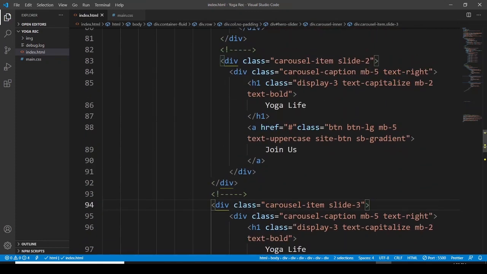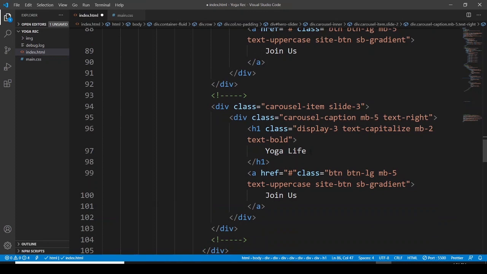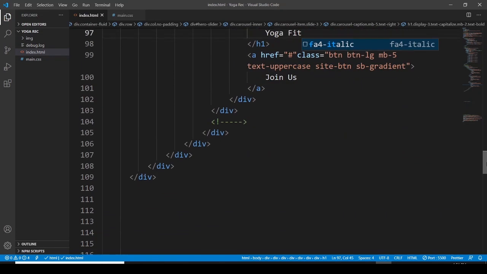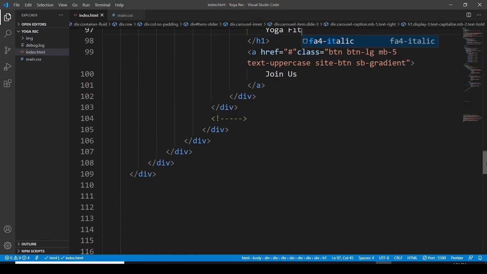Let me add something else here. It shouldn't be yoga life, it should be yoga lover. And the next one is, I'm sure it is not as appealing as it has to be, but I hope that you understand the concept. Now the next thing is, after having this, we have to go with the,